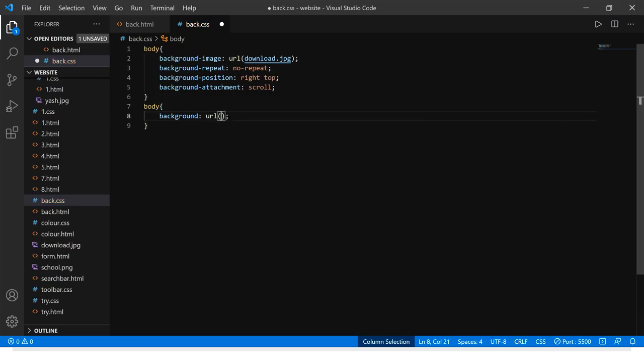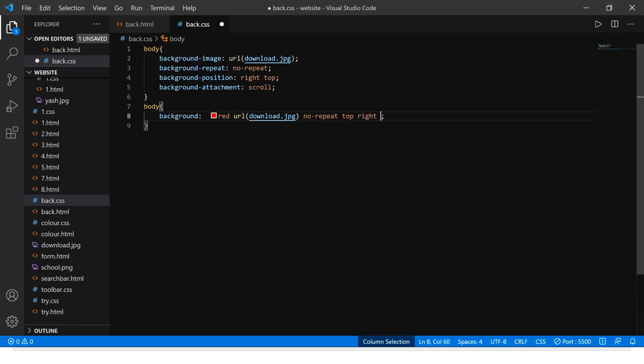URL, and download.jpg. Then I am going to take color also, so I will take some red, and then no repeat, then position top, right, okay, then more property.